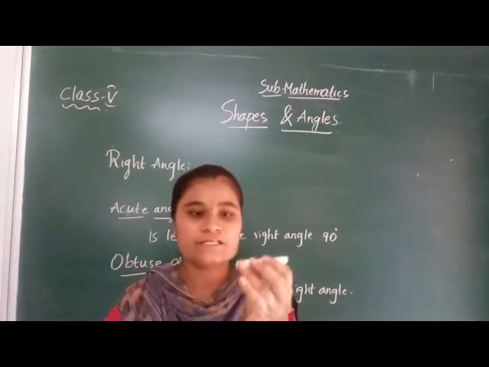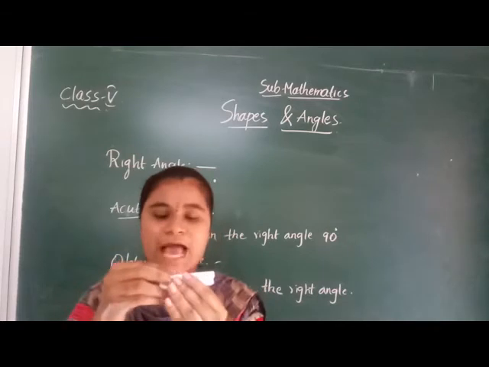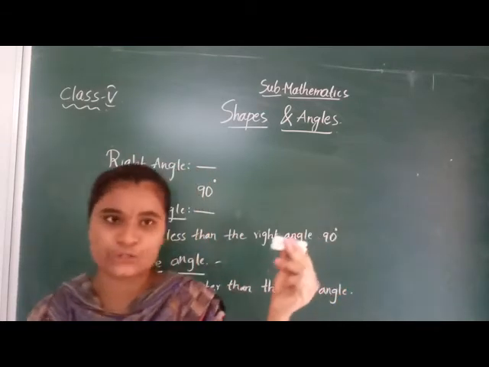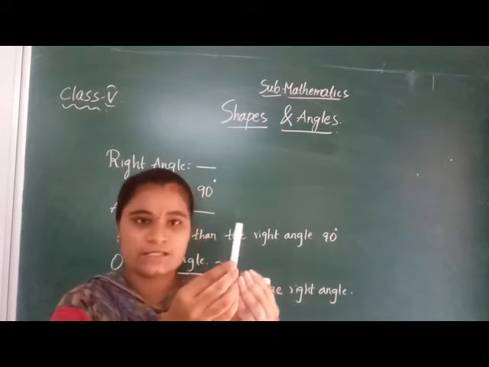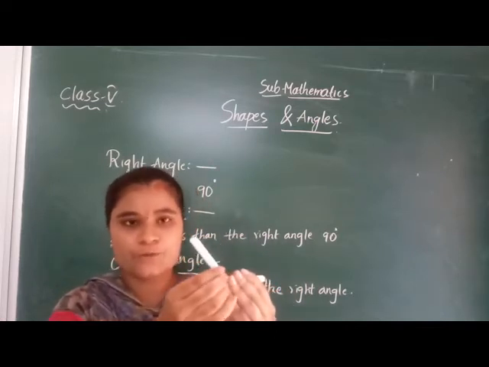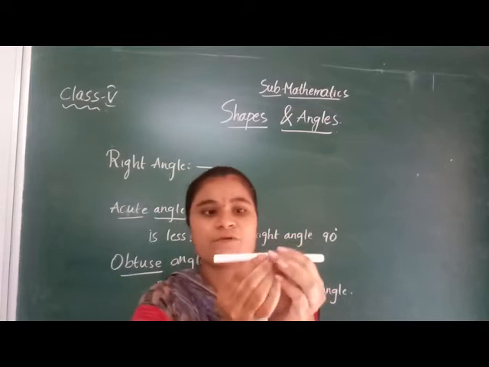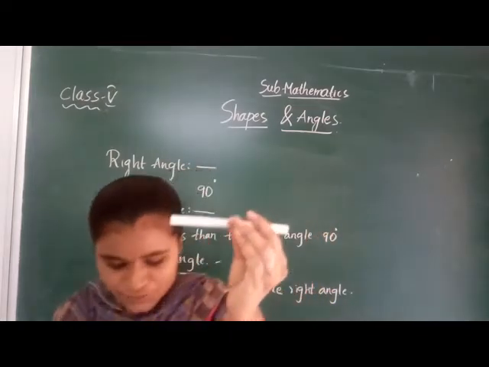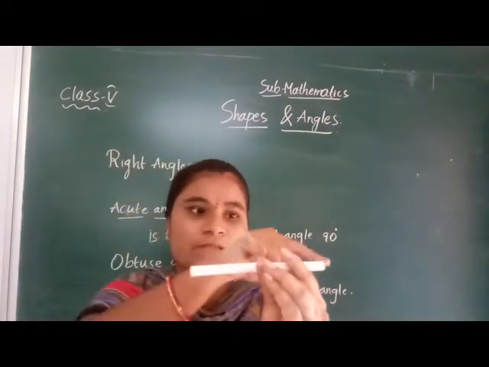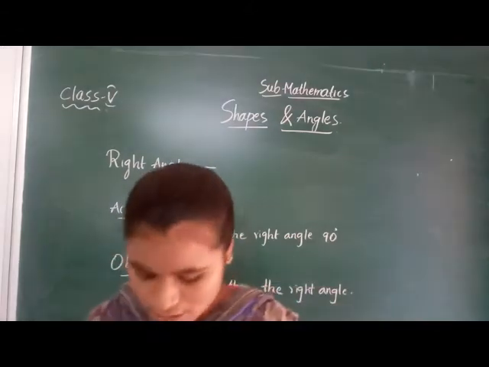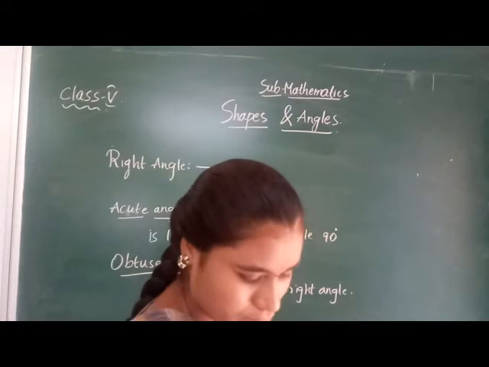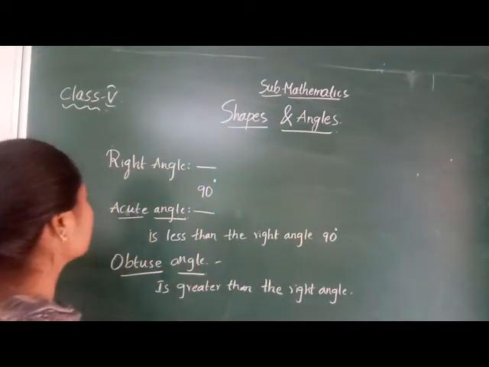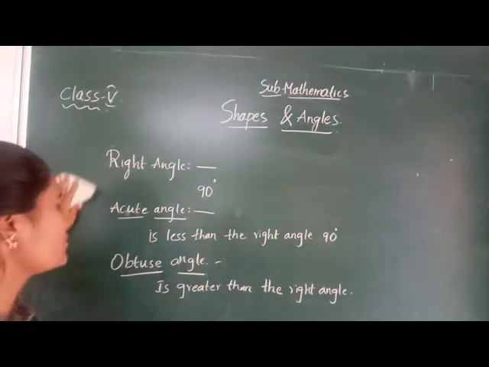See here, this one is the angle, with the common point at 0 degrees. This one is acute, this one right, this one obtuse. But this one is the straight angle, 180 degrees in total. This one is the straight angle. Okay? Now you understand what is right angle, acute and obtuse.